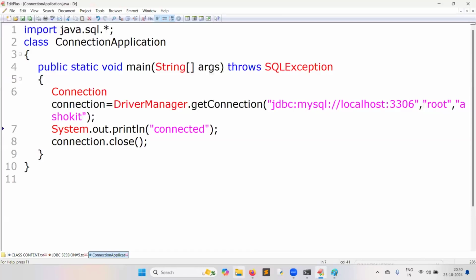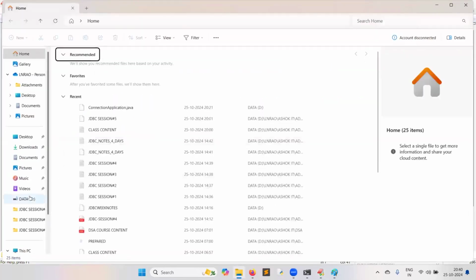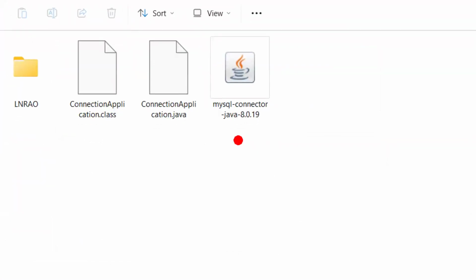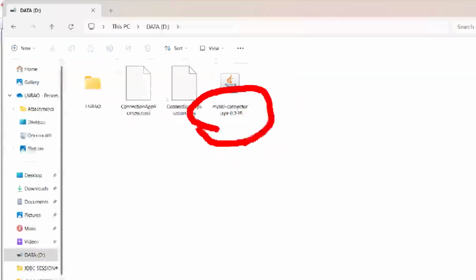So whenever you want to connect to a MySQL server, the first thing you have to do is download the MySQL connector. This is the driver.